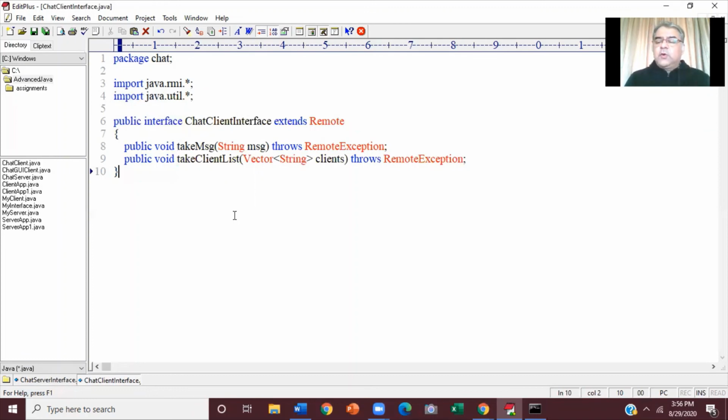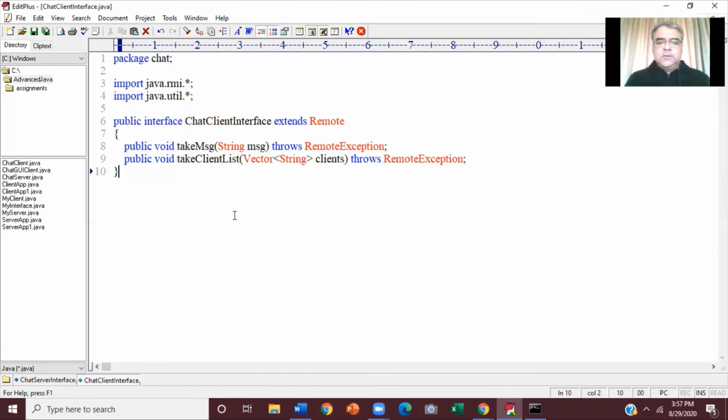From where are we going to call take client list? That also we discussed. We are going to call that take client list method from login method of server and logout method of server. So from where in our server code are we going to call these two methods on client? We have already discussed. Remains to discuss how are we going to implement these two methods in the client.